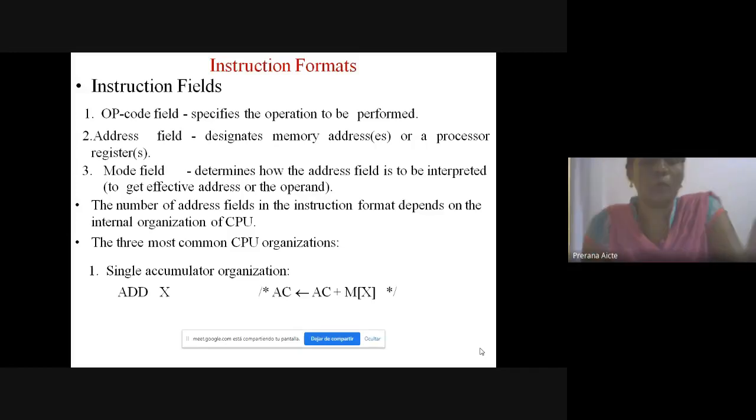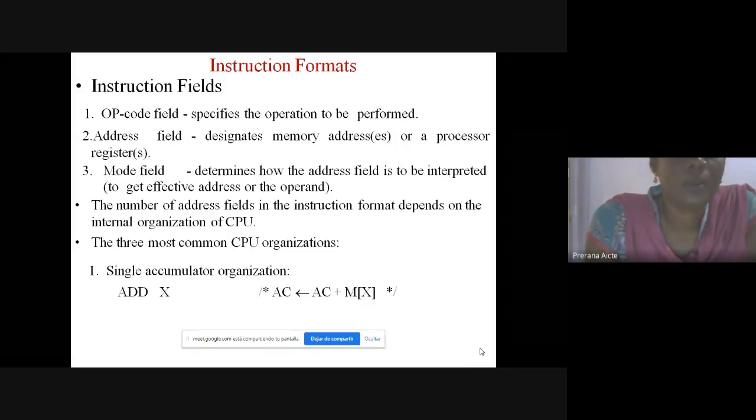In the mode field, the most significant bit: 0 for positive number, 1 for negative number; 0 for direct address, 1 for indirect address. The number of address fields in the instruction format depends on the internal organization of the CPU. There are three internal organizations of CPU: single accumulator organization, general register organization, and stack organization.